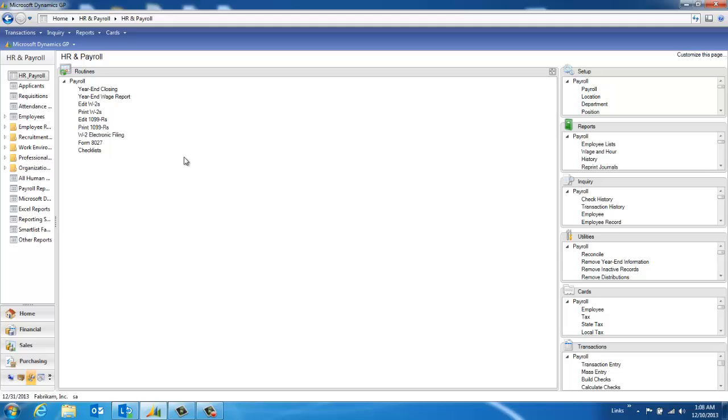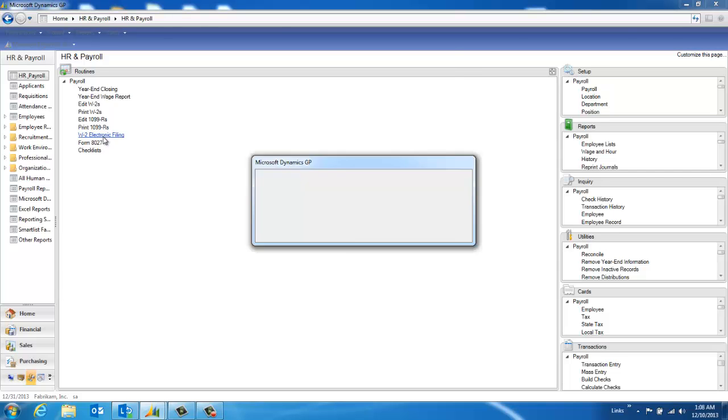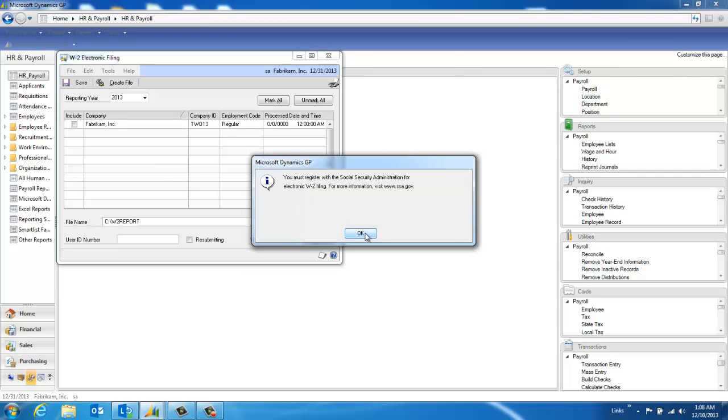If you are required to create an electronic file, you may do so at this time. Under the Payroll Routines section, you'll simply click on the W-2 electronic filing option. You will get a notification telling you that you must be registered with the Social Security Administration for electronic W-2 filing. If you need further information, you may visit their website at